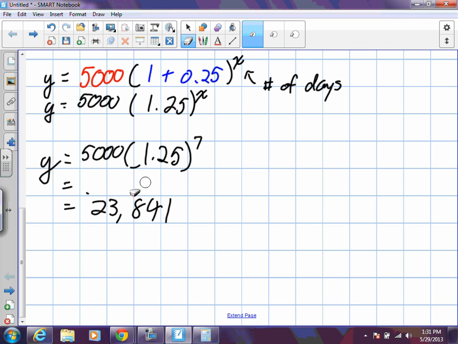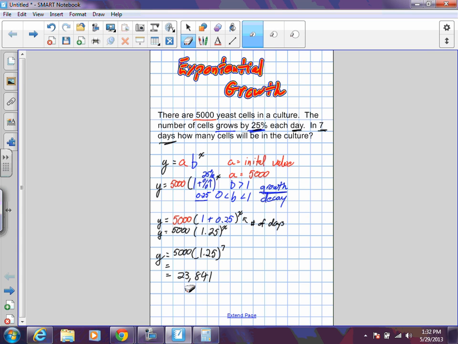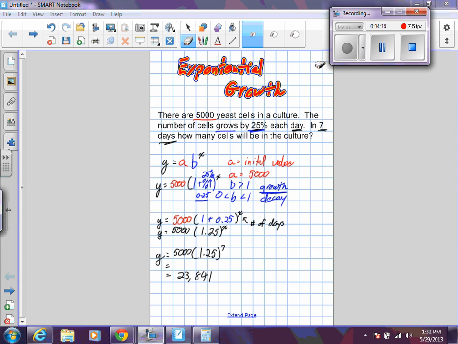So after 7 days, this culture increases to a very large number, 23,000 compared to the 5,000 it started at. Okay, which goes to show you that exponential can increase and grow by very large amounts very